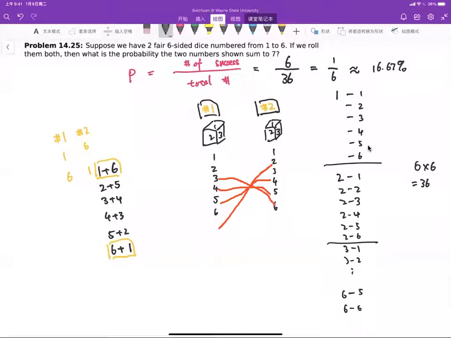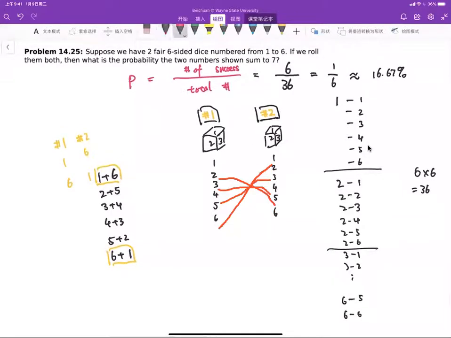So let me ask one more question. What is the probability that the two numbers shown sum to 1? 0. Very good, because it can never happen. So what is the smallest sum in this case? 2. Very good. So the smallest number is 1 plus 1, right? Then what is the largest possible sum in this case? 12. Very good. Because the largest possible number is 6 plus 6, right? So that's 12. So only if the number is between 2 and 12,